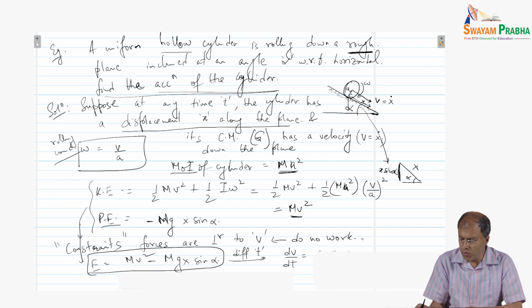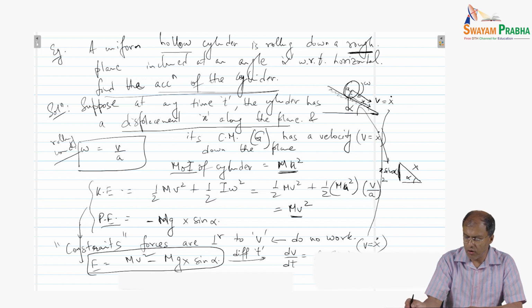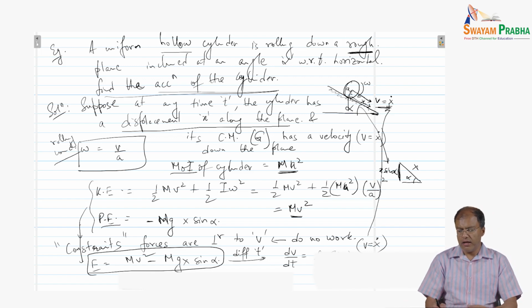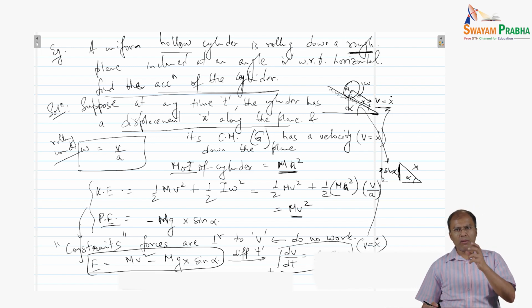Remember, we have also used the fact that v is x dot. So when we take the derivative, our v is x dot here, right? Okay, so we see that all these complicated problems, when approached with the energy principle in mind, become relatively easier